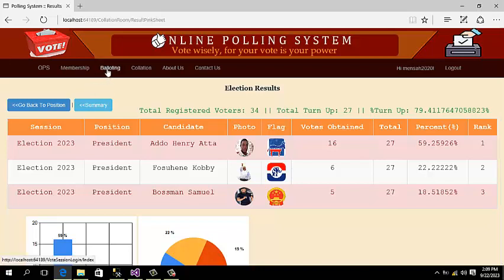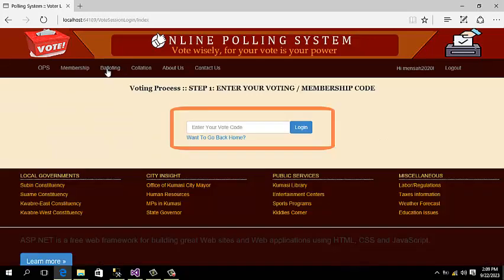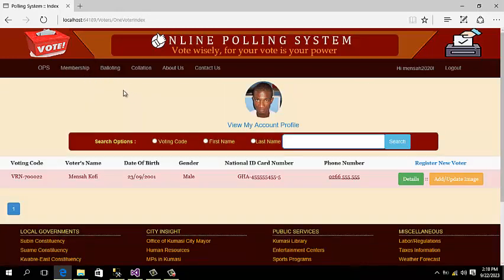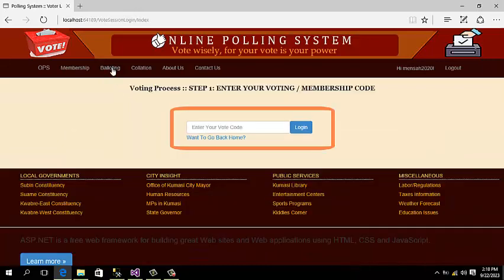All right, so you can also, as a user, come here to balloting and vote. So that is the business of the day. We are going to demonstrate how a user can use his account as well as his voting code just to cast a ballot or to vote. So to vote is very simple. As you can see, this is balloting. Click balloting, and here